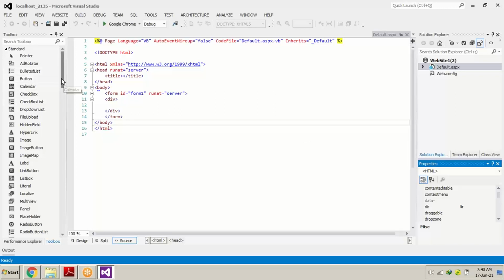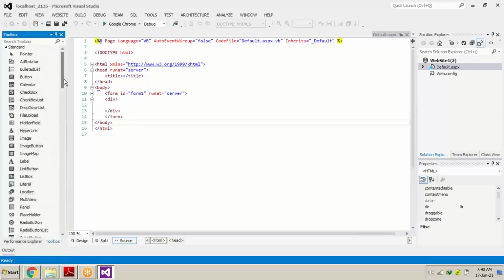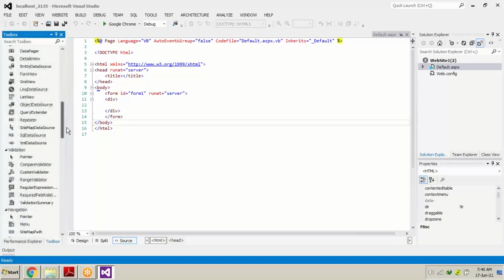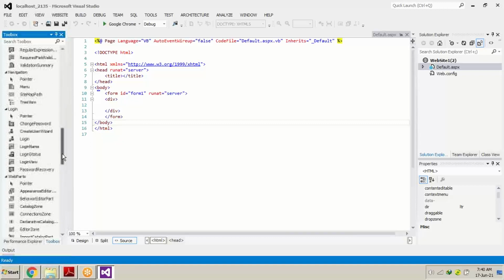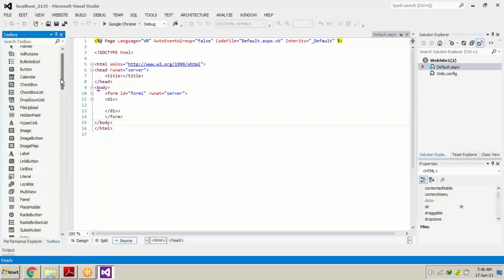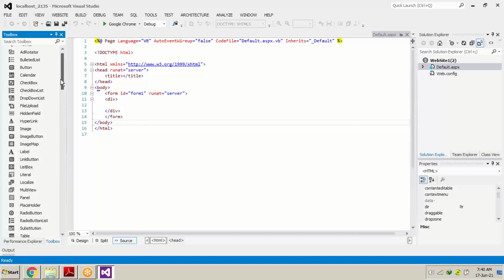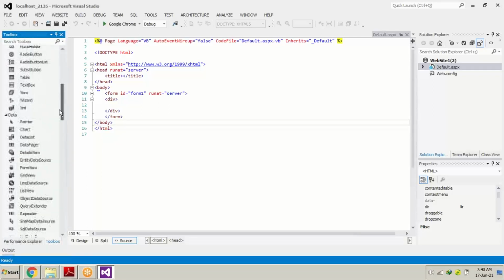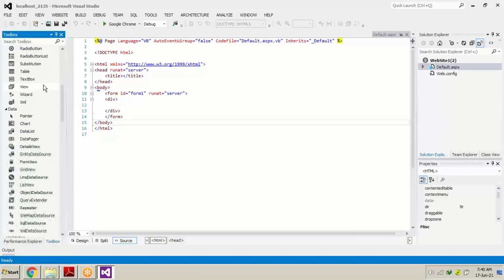The right side window is the toolbox. Every website, every web portal has text boxes, buttons, checkboxes, option boxes, or many other controls. Those controls can be pulled, and to put them on our pages, we require this toolbox. What controls we use depends completely upon the requirements of the web application we are designing. Now, if I pull the text box out, I just drag and drop, you can see the text box over here.